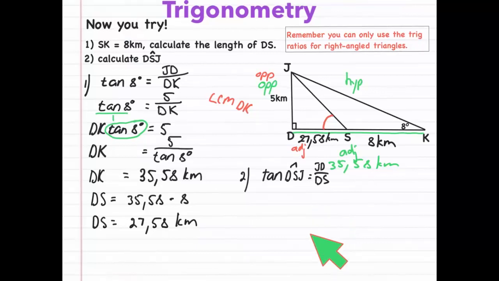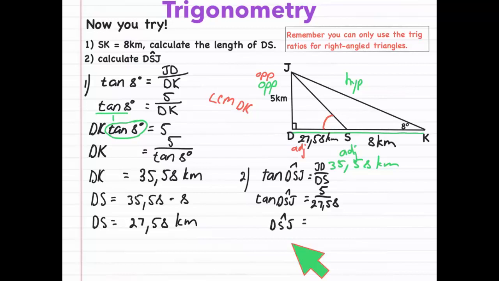And now I can continue. So this will be the tangent of angle DSJ equals, and what is JD? That's 5 kilometers. DS is 27,58. And we just want the angle, so we want the angle to stand alone. And look now I'm just moving the tangent, not the tangent and its angle. So then I cannot divide with it. I have to write the tangent to the power of -1. And 5 over